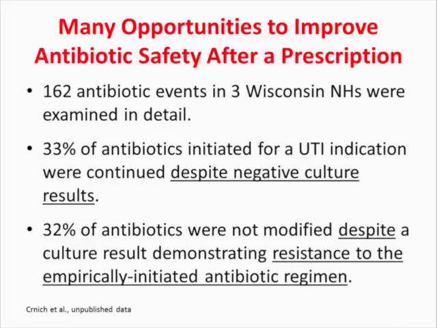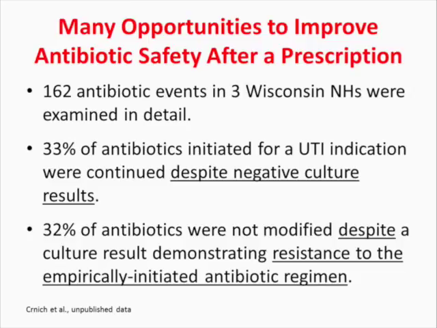As I mentioned, the third mechanism by which nursing staff can influence antibiotic safety is through prompting a review of antibiotic use after an antibiotic has been started and talking with the provider to see if there are opportunities for stopping antibiotics, narrowing antibiotics, or shortening antibiotics. And we believe that there's a lot of opportunity for improving the safety of antibiotics even if we have no impact on the decision to start antibiotics.